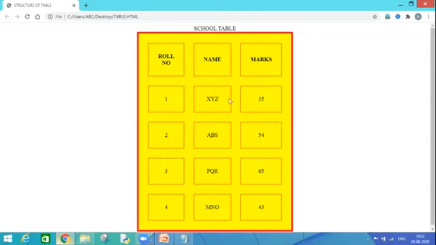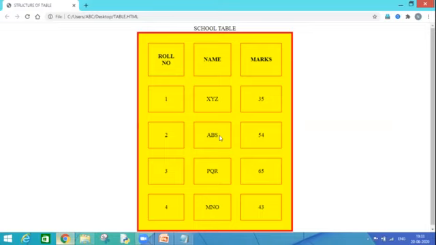And sometimes, like if I talk about this marks, because my data which is written is big, I can say that the vertical distance is more but the horizontal distance is less. But if you see in case of XYZ and ABS, you will find it equal. So the length of the data also matters.